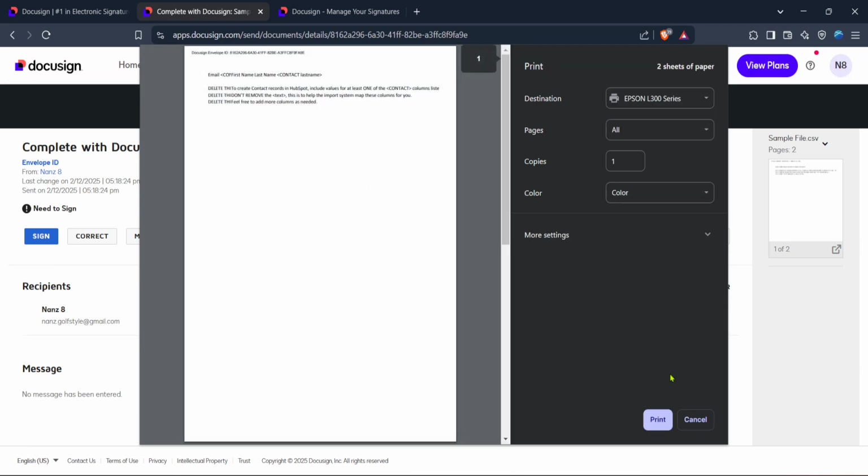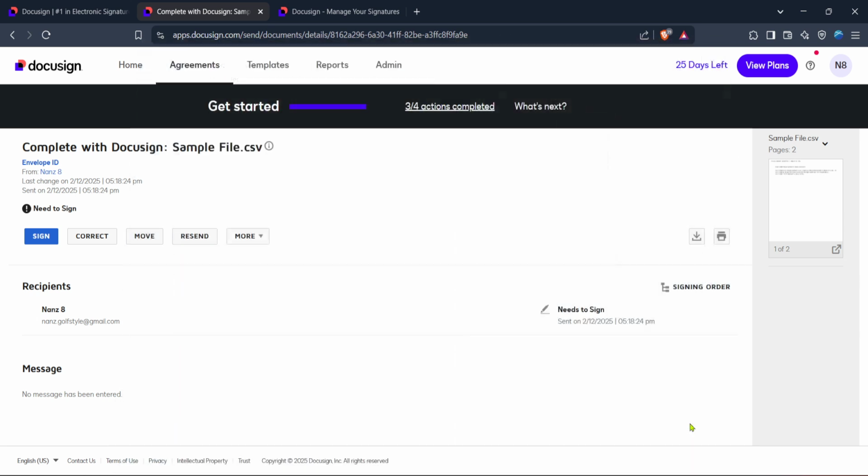And there you have it. With these straightforward steps, you've now learned how to access and print blank documents in Docusign. It's a simple process once you get the hang of it, and mastering it will significantly enhance how you handle your digital documents. Remember, technology is here to make things easier, and tools like Docusign are excellent examples of resources